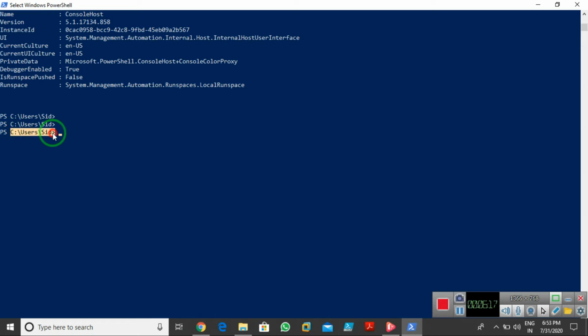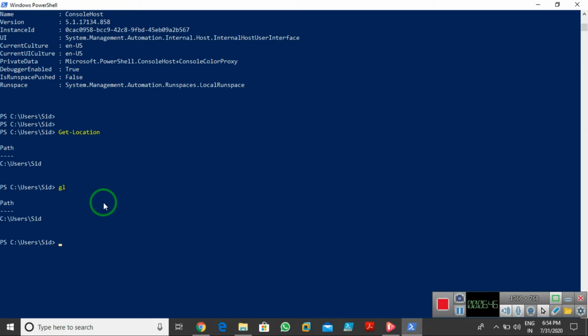If I need to check the location with a command, the location command is Get-Location. If you enter it, it shows me that right now this is my location. Or we have a shortcut command also, you can use GL. Just press GL and enter, and it gives you the present location where you're working right now.